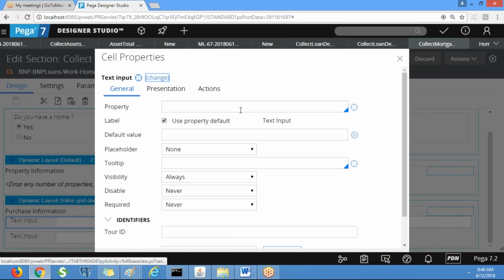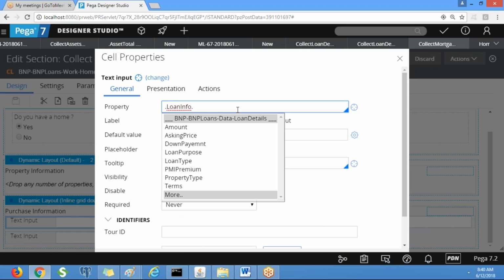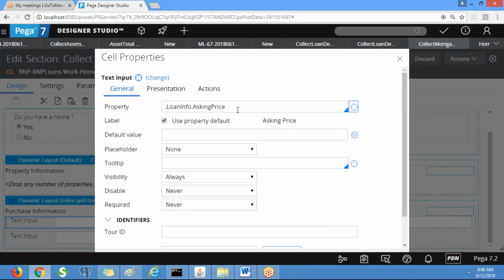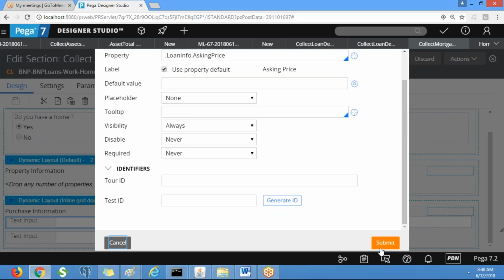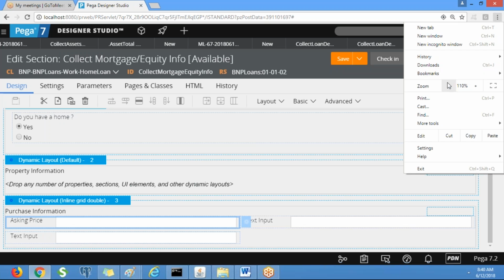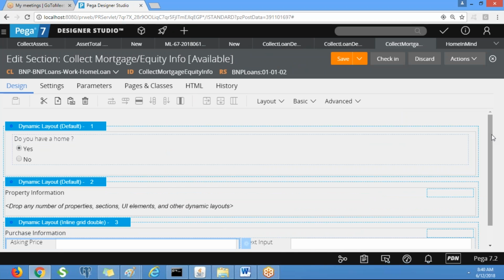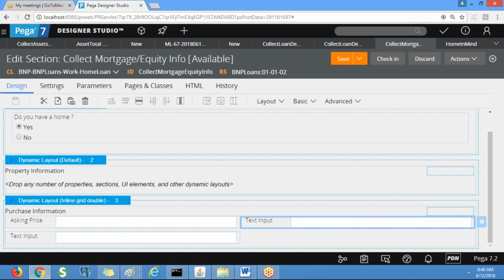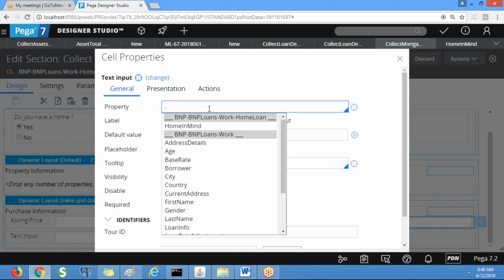It is asking price, that is the total value of the home. Next, down payment, how much the borrower is going to pay initially.